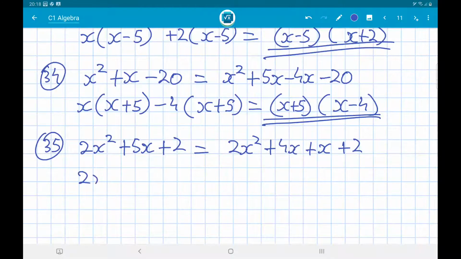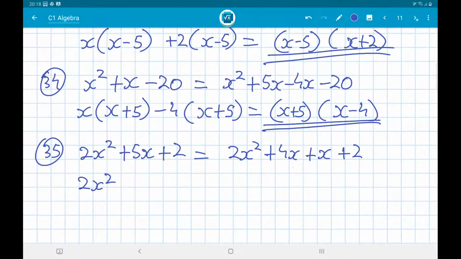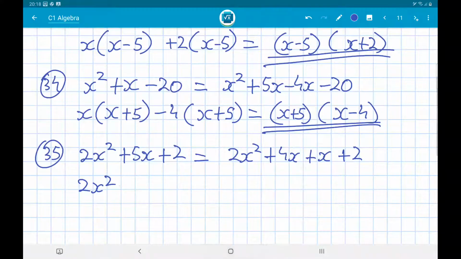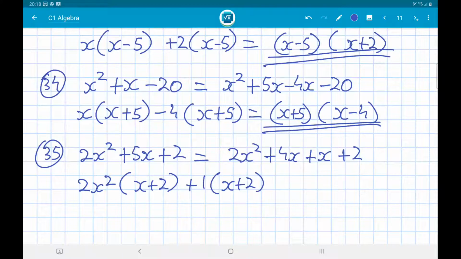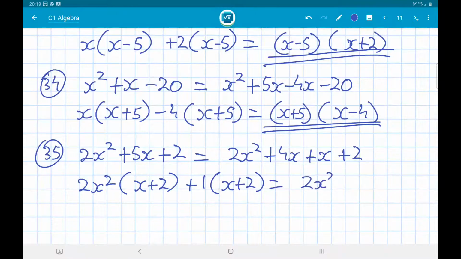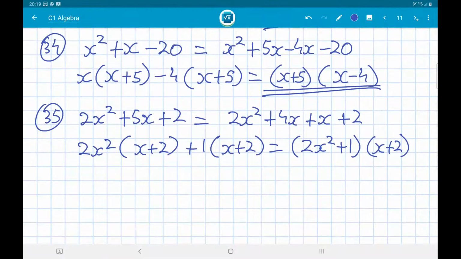Okay, so we take out 2x squared as a common from this side, and inside we have x plus 2. And on that side we don't have to do anything, we just get plus 1, x plus 2. Sounds reasonable? I think that does sound reasonable, yeah. And that equals 2x squared plus 1 with the common factor x plus 2. Right? I think this would definitely, because you multiply that, you get 2x squared